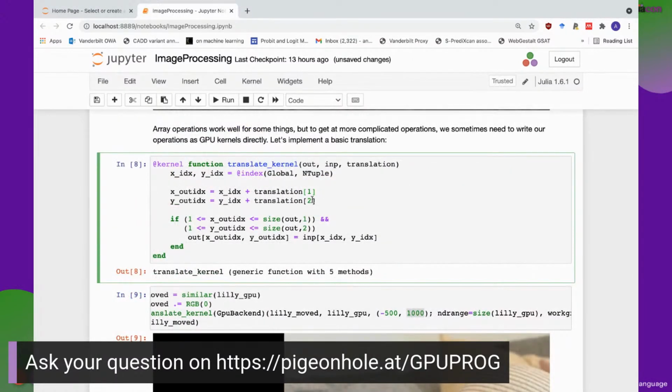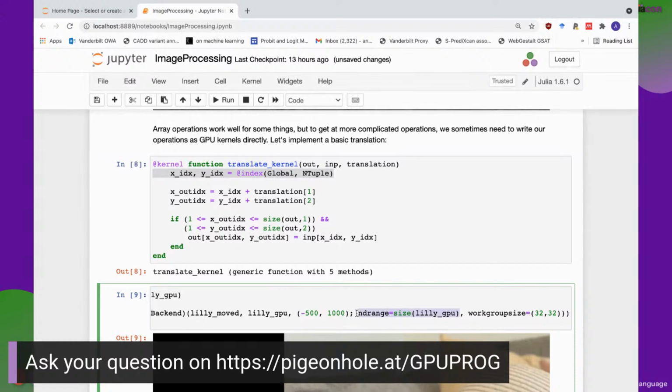So if we actually look at this kernel to understand what it's doing, we see that we're getting two indices here. So we're using a capability that the GPU has to operate over a 1D, 2D, or 3-dimensional grid. In this case, we're doing a 2-dimensional grid because we're basing our execution on the size of the image, which is 2-dimensional. It's a matrix. So with these 2 dimensions, these basically indicate where in the image am I processing, which pixel am I working